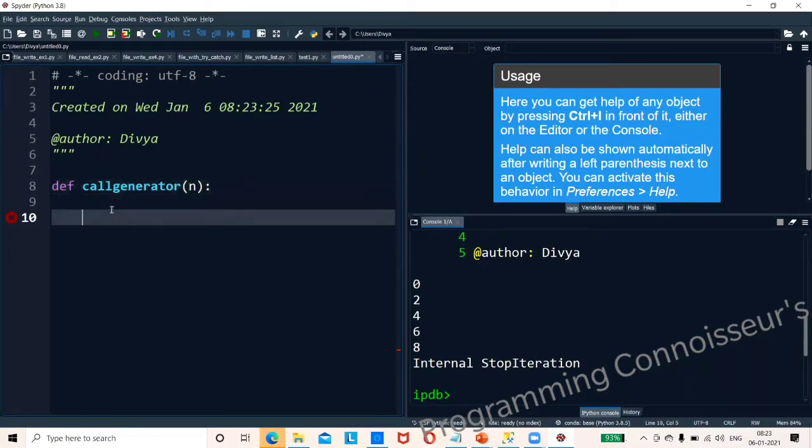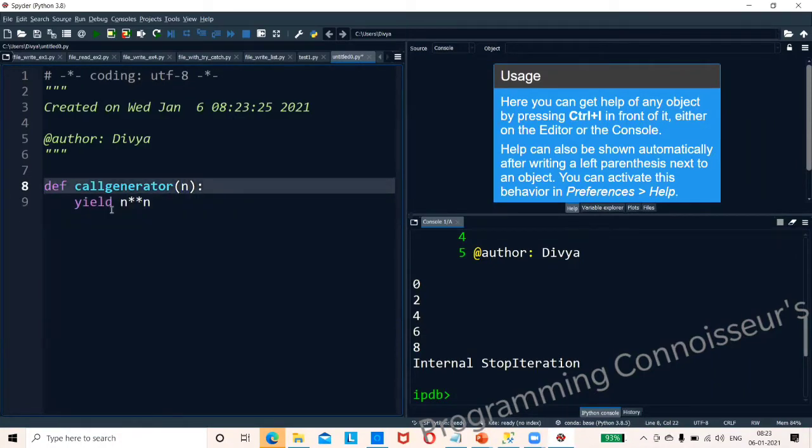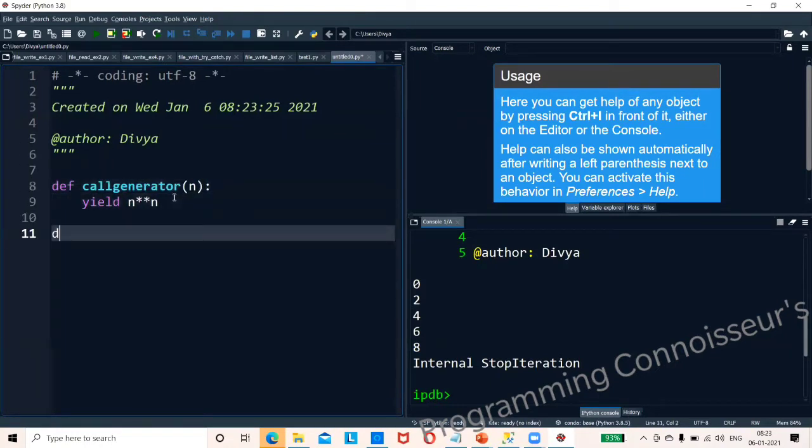Yield n into n, that is, n power n. So now what I will do, I'll start with a value.